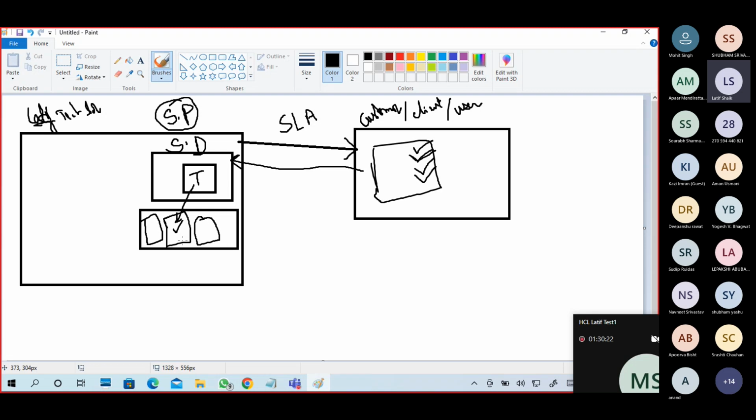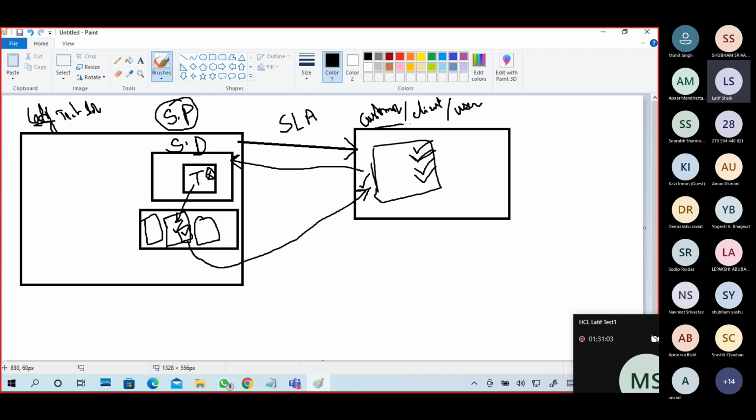So this person, based on the issue, will analyze the ticket, and either he will try to resolve it from his place, or certain issues require going to the customer premises. Certain issues can be resolved from their end only. Whatsoever it is, once the issue is resolved, the ticket will be closed. So this is what will happen at an organization.